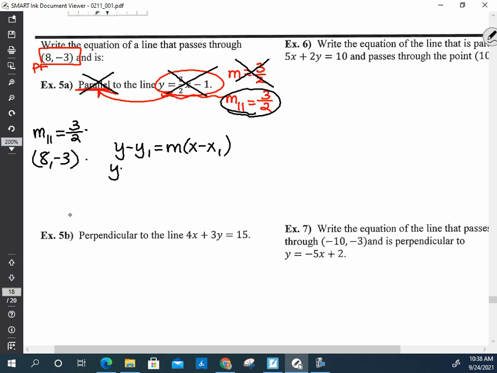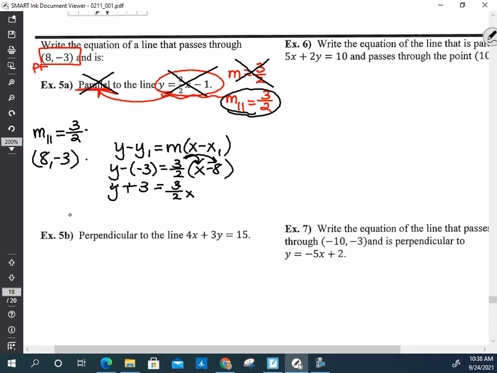That's y minus -3 equals 3/2 times (x minus 8). Now we're just doing the algebra associated with simplifying. Two negatives give you a positive, so y plus 3 equals 3/2 times x, which is 3/2x,